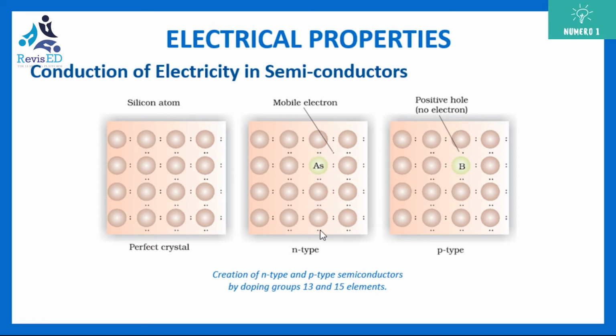Whenever you apply an electric field, it starts to move, and that's how the semiconductor is able to conduct electricity. In the same way, in the case of a p-type semiconductor, we add an electron deficient, or let's say group 13, element. Here there is the presence of a hole, that is, no electron is present. Whenever you provide an electric field around it, this electron might jump here, the next electron will jump here, so the hole starts to move in one direction. This hole movement is your p-type semiconductor.